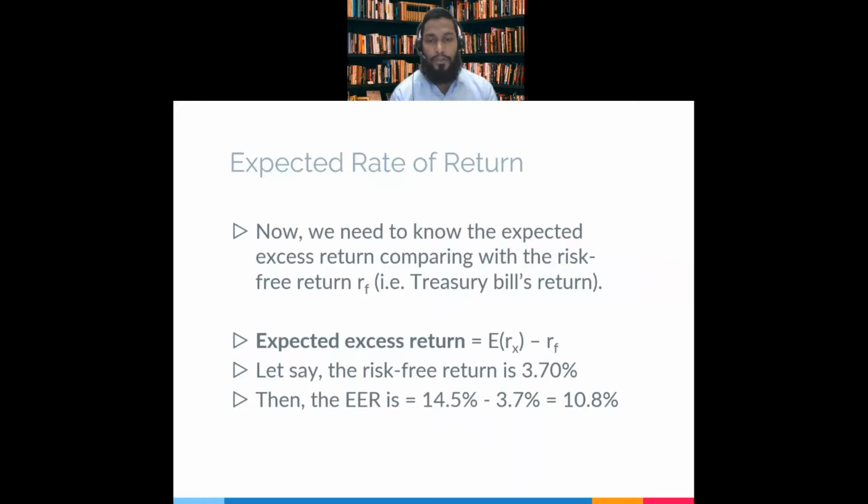So there is something called risk-free return, which is the return that we receive from a money market instrument or treasury bill, or even the investment accounts return. Usually the treasury bills return, which is actually the government's bond, is considered risk-free. So if we want to know how much excess return we get because of the risk that we take,